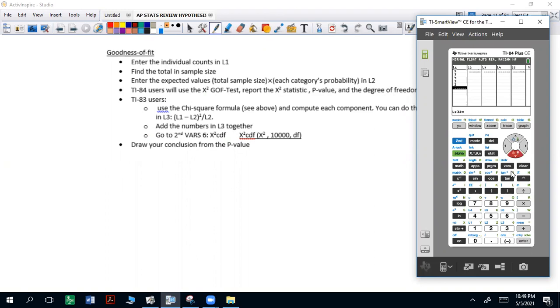Find the total sample size, then enter the expected values, which are the total sample size multiplied by each category's probability, in L2. So let's say you add all these up: 5, 6, 7, 8, 9. 9 plus 7 is 16, plus 5 is 21. Let's make that an even 20 by making that 6. So let's say it's out of 20, and out of that sample size, the expected value would be what